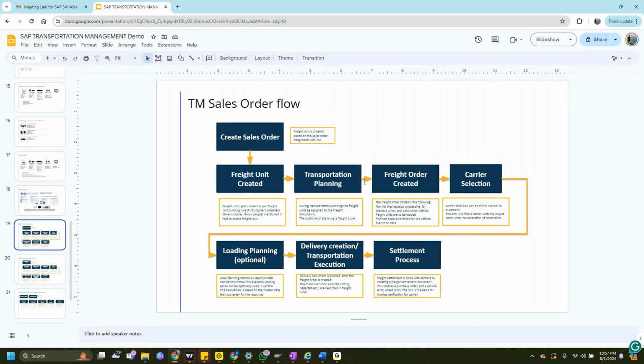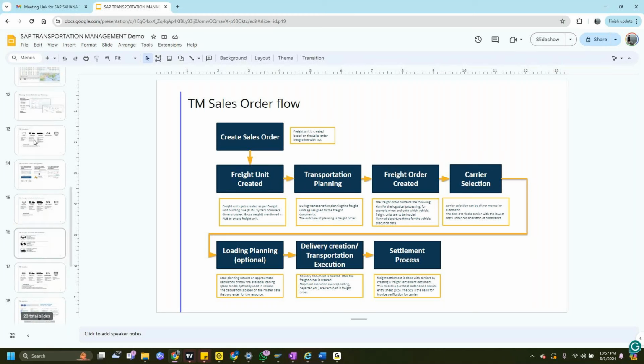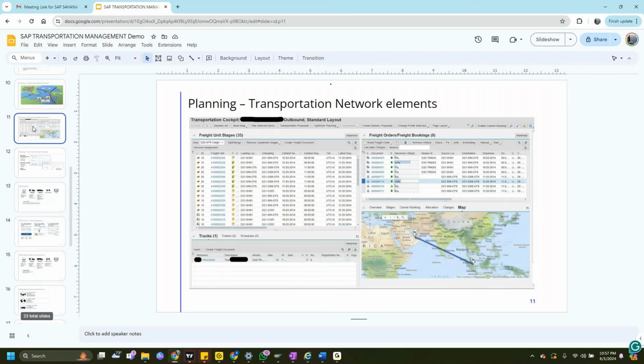And the transportation planning comes in where I showed. This is the cockpit which we have. This is a semi-automatic and automatic planning system. Whenever a freight unit is created, it comes here.